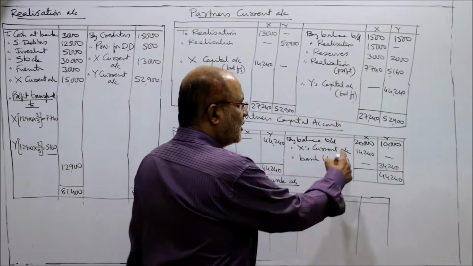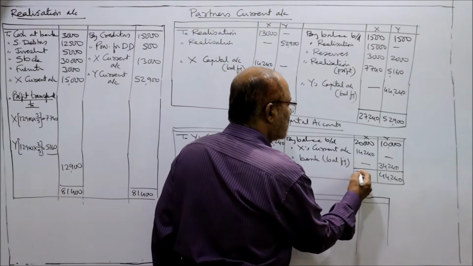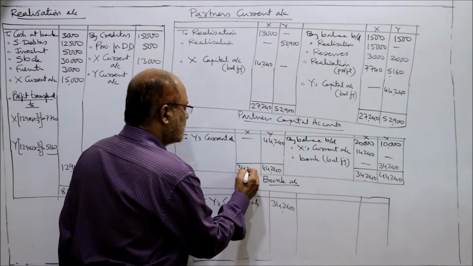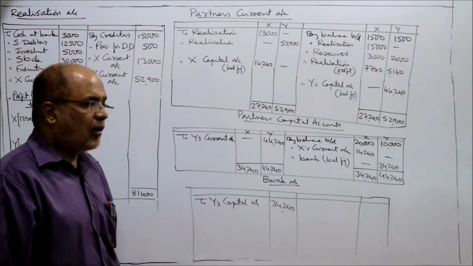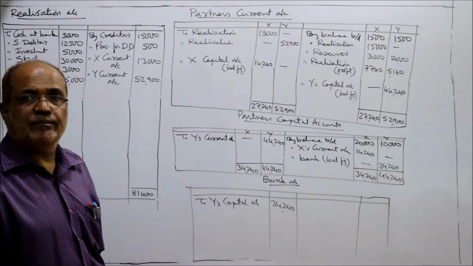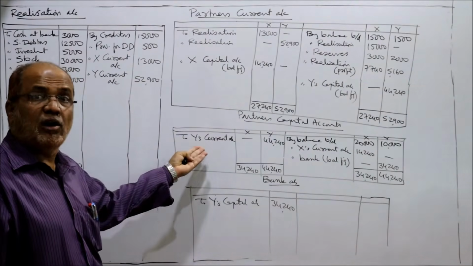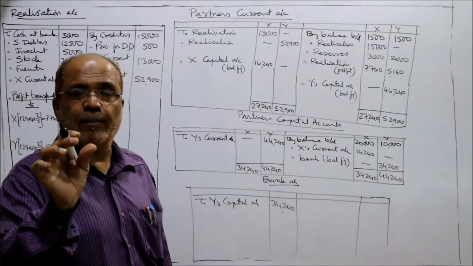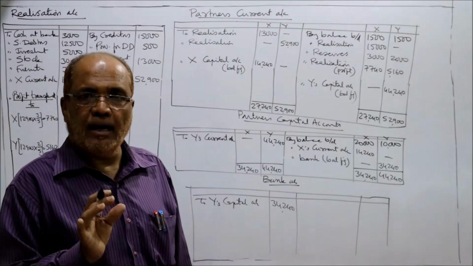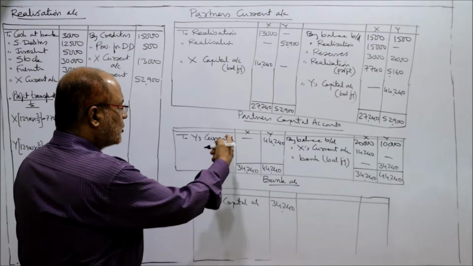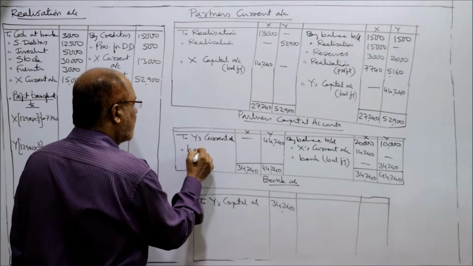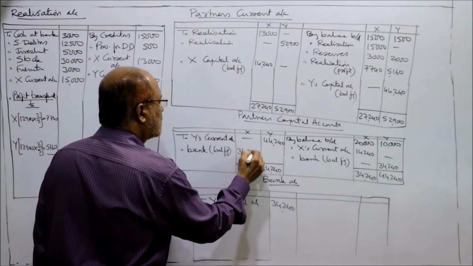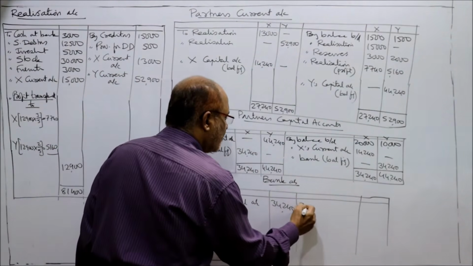Now how much is to be paid to X? X का credit side 20 plus 14, 34,240. Now X को pay करना है 34,240. Debit side is short. Now we have to debit X capital account. तो last entry you have passed, X capital account debit to bank. तो X के कैपिटल को डेबिट करेंगे टू बैंक, बैलेंसिंग फिगर 34,240. बैंक को क्रेडिट करेंगे बाय